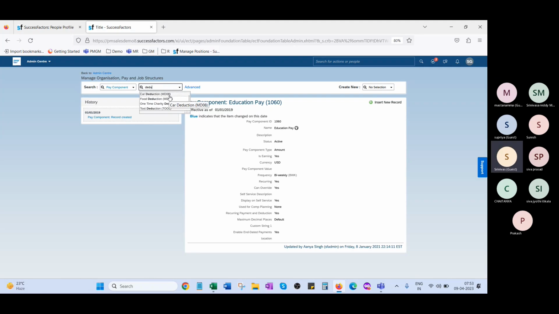So car deductions. See here. Maybe the employee can take a loan on a car, and that amount will be deducted. So here, earning is no. Monthly some amount will be deducted, and recurring is yes, every month some amount will be deducted. So like this,